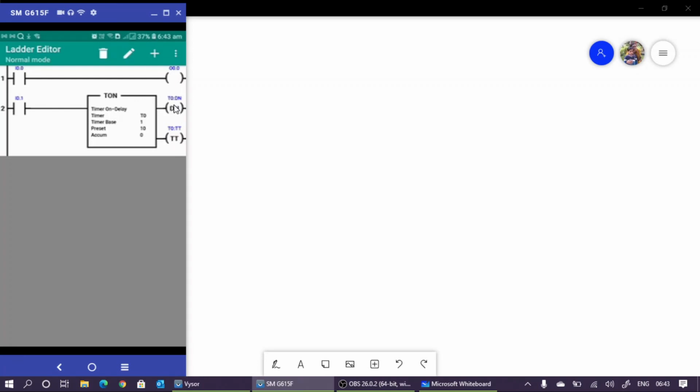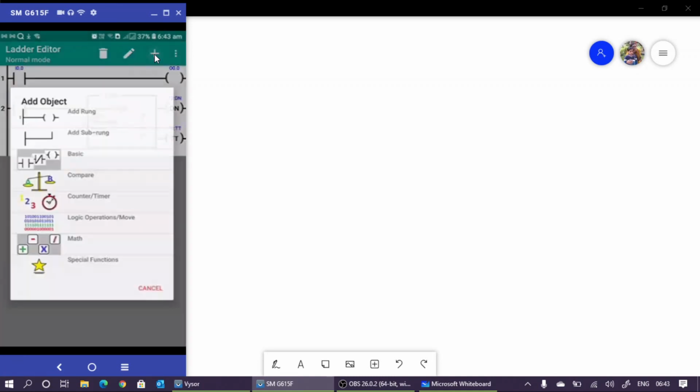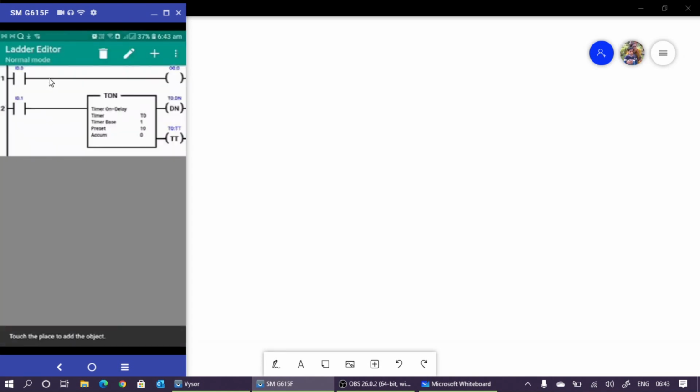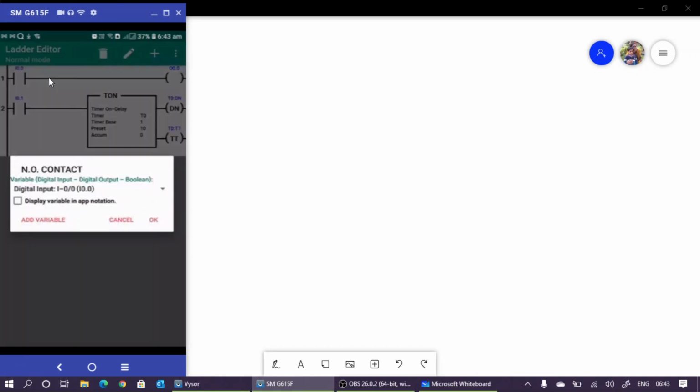Okay. So now can we use this one here? That I am going to check. So plus button, basic, normally open contact. Here. Okay.